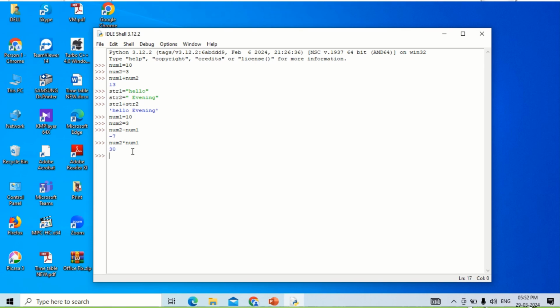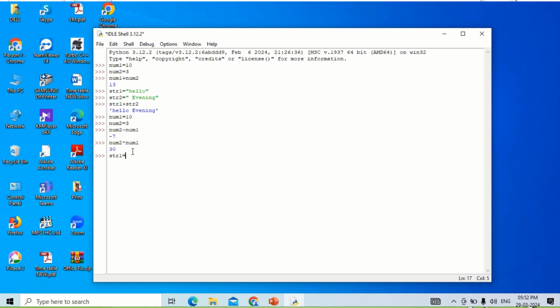Suppose another way of using the asterisk, that is the multiplication operator, is when it is used with respect to a string along with an integer number. So how will it be? As I told, it will just repeat the item on the left of the operator if the first operand is the string and the second one is an integer value. For example, if we write